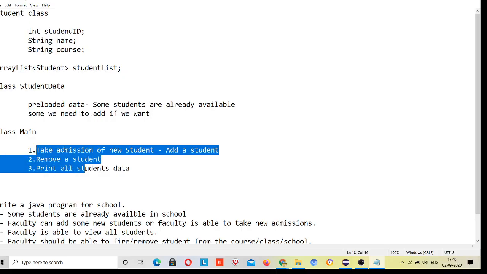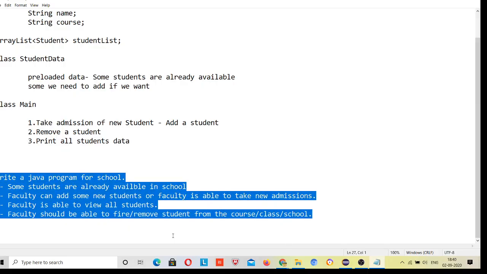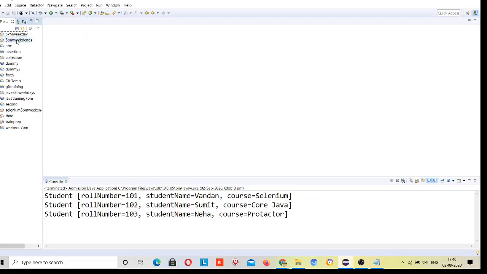Through the main class we will be performing tasks like adding students, removing students, and printing all the data of the students. This is our requirement that we have to fulfill through a Java program. Okay, so now we are going to do this. We saw array list yesterday, now we are moving forward.